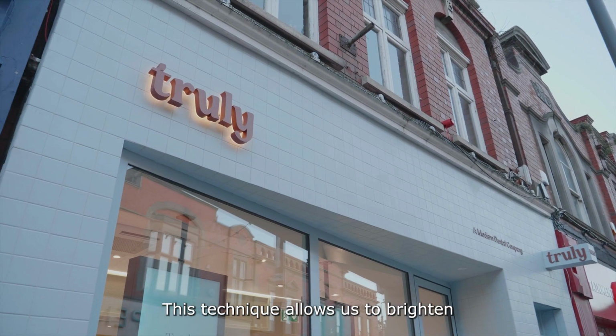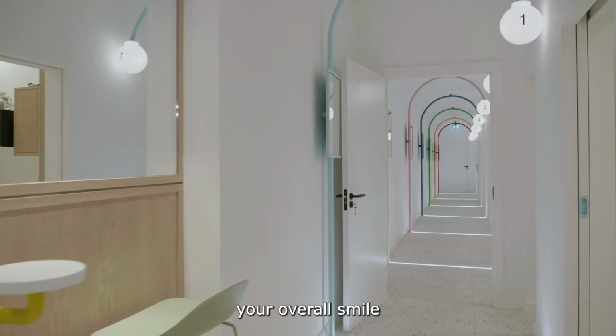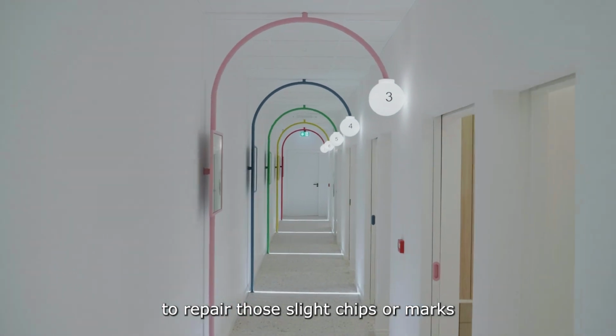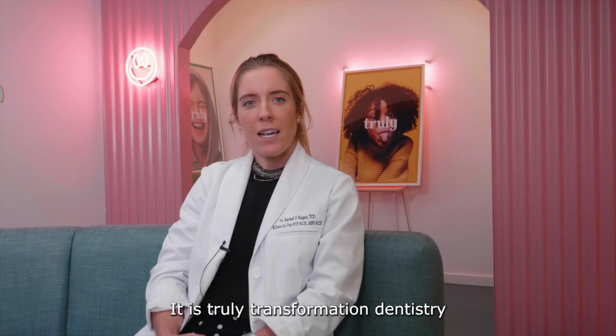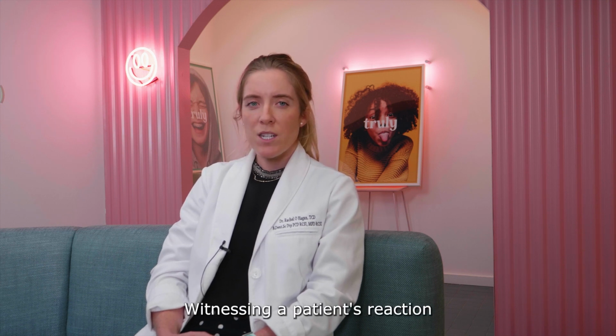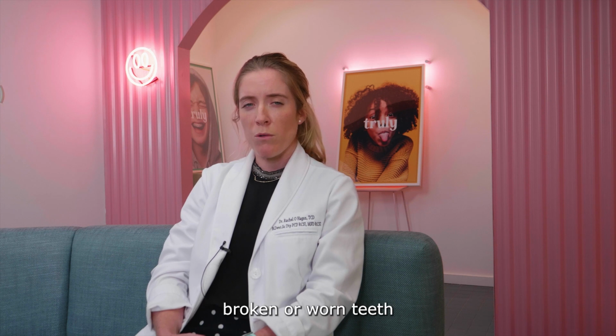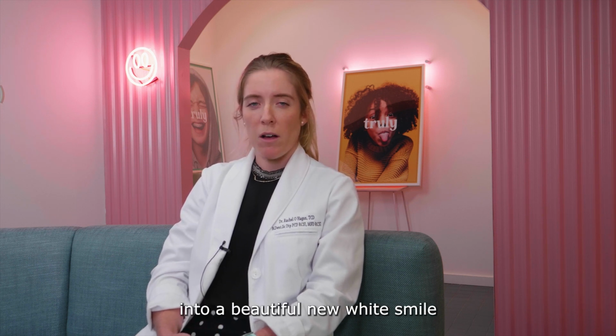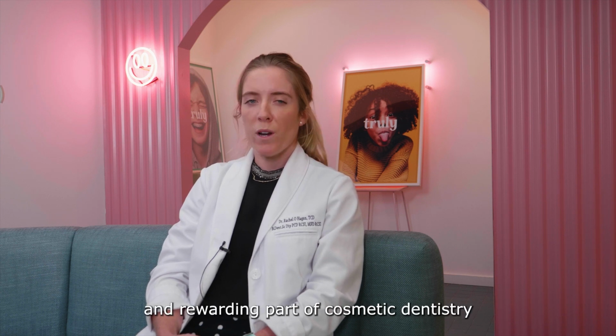This technique allows us to brighten your overall smile by covering up small stains or imperfections, or to repair slight chips or marks. It is truly transformation dentistry. Over the course of an hour to a 3-hour appointment, witnessing a patient's reaction when they see their dull, broken or worn teeth crafted into a beautiful new white smile, it's an exciting and rewarding part of